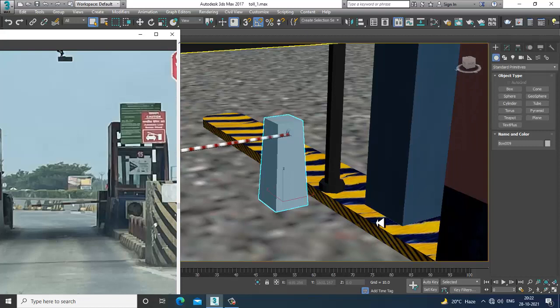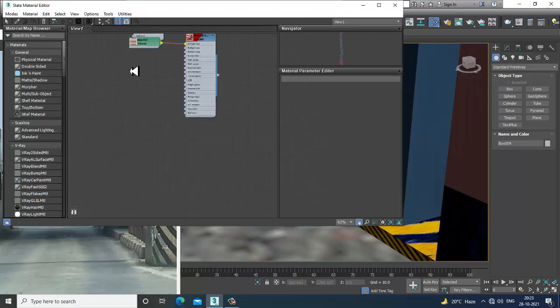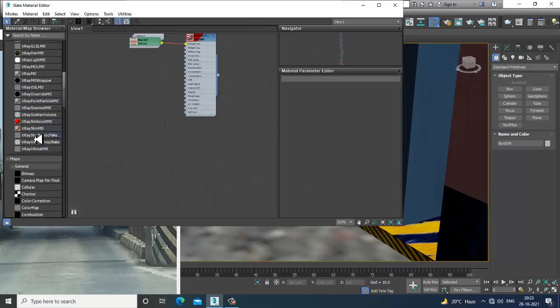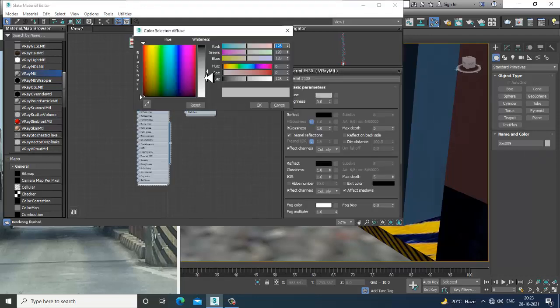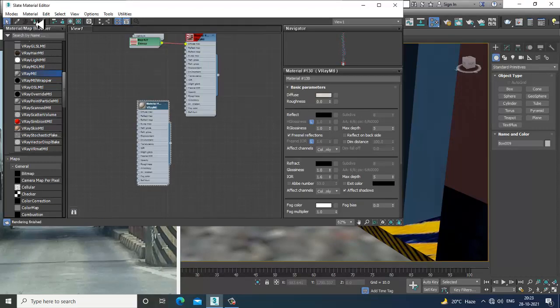For this, I'll go into the material editor and take a V-Ray material again. I'll assign a color over here, slightly yellowish.